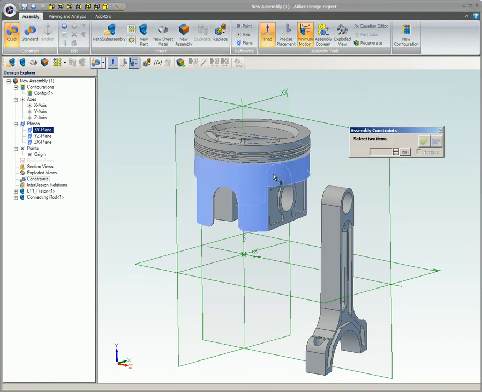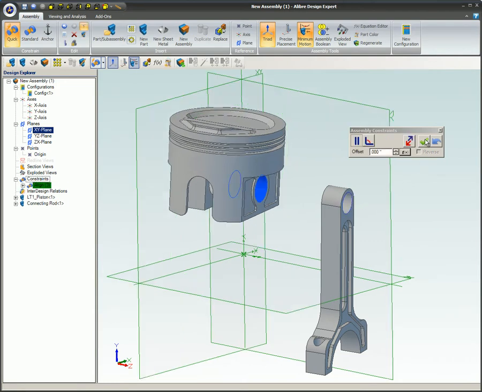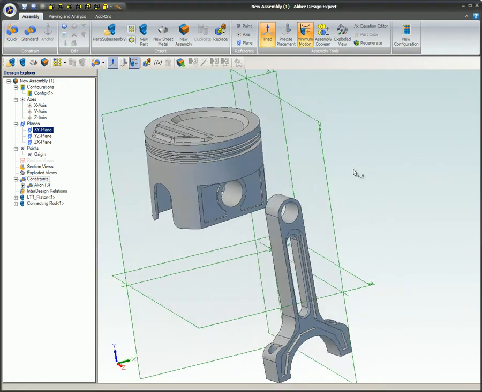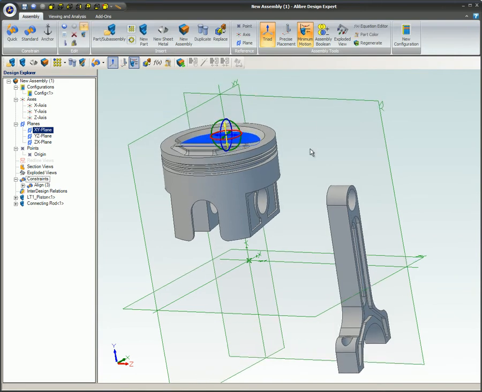If multiple parts are constrained together, when one part is moved or rotated, the other parts will also move if that direction is not allowed by the constraints. In this case, the align constraint between the piston and connecting rod forces the connecting rod to move with the piston when the piston moves in a direction that is contrary to the align constraint. When the piston is moved in a direction that is allowed by the align constraint, the connecting rod does not